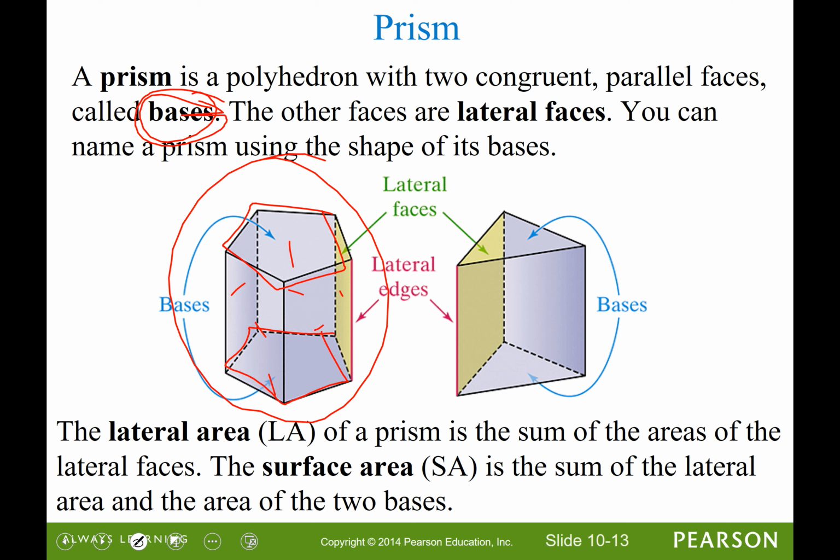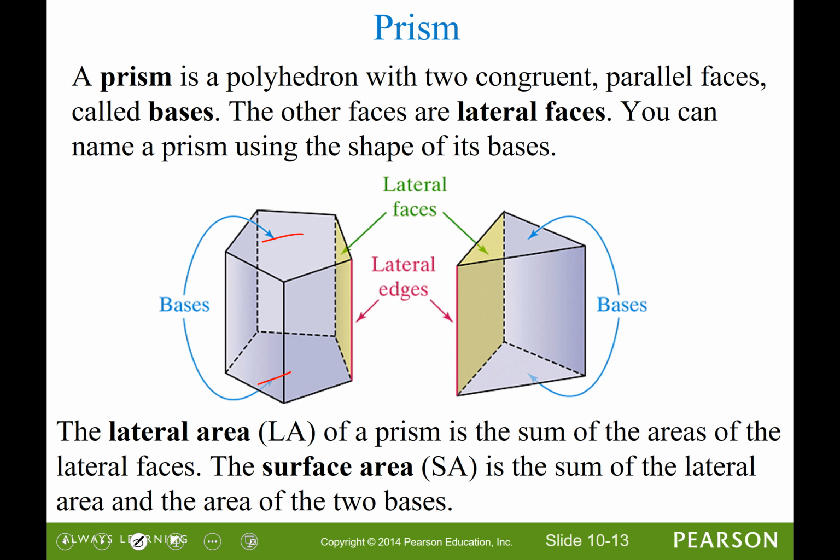So we're starting to get more specific with our names here. The top and the bottom parallel congruent faces are called the bases. And it won't always be top and bottom. If we pushed this thing over and it fell on its side, then it's not as obvious that those are the bases. But you have to remember the definition of the bases of a prism, which is the two congruent parallel faces. We also have lateral faces, and those would be the remaining 1, 2, 3, 4, 5 rectangles going around the two congruent